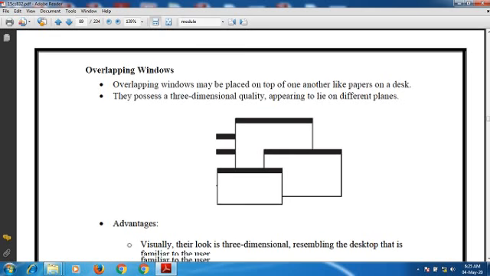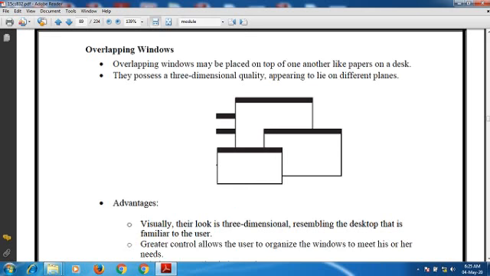If you look at this method of organizing windows, we get certain advantages associated with it. Overlapping windows simply resemble the desktop, which is familiar to the user.